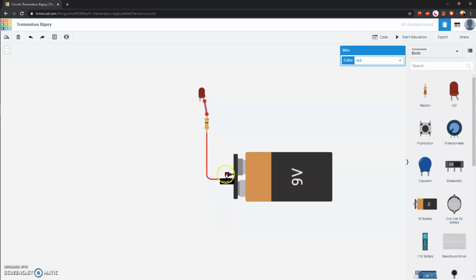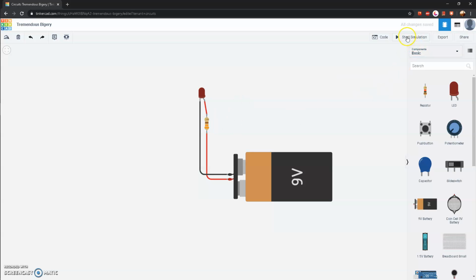Now I'll click negative terminal, wire it to the cathode of the LED. We color it black. Okay,